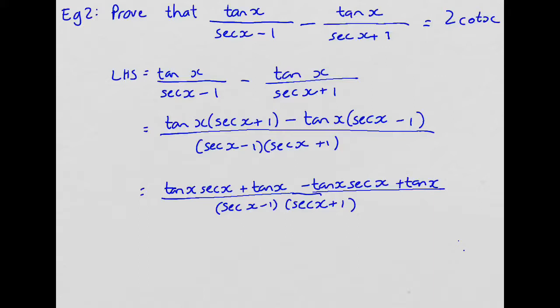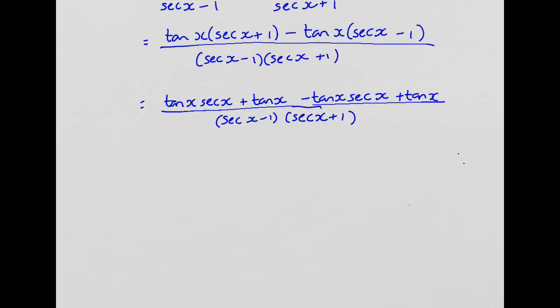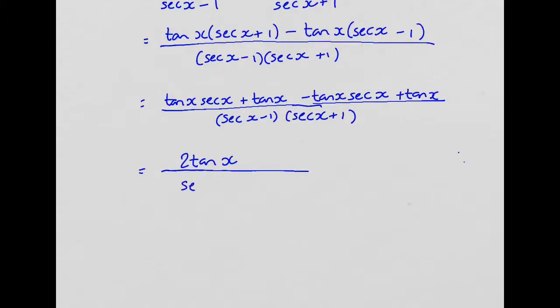Right, so what happens here now is that I can see that the tan x sec x's will cancel, and I'll be left with 2 tan x at the top. And now I see that there's nothing to cancel with the bottom, so now at this point I'll multiply them out. So it's a difference of 2 squares. So sec squared x minus 1, which is an identity. Right, so 2 tan x at the top,